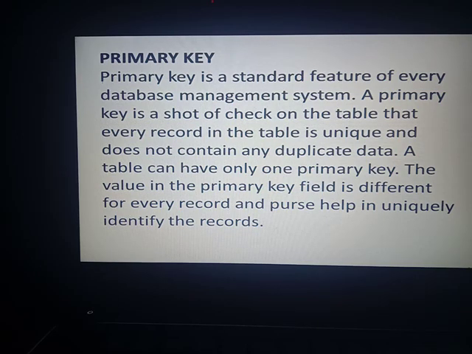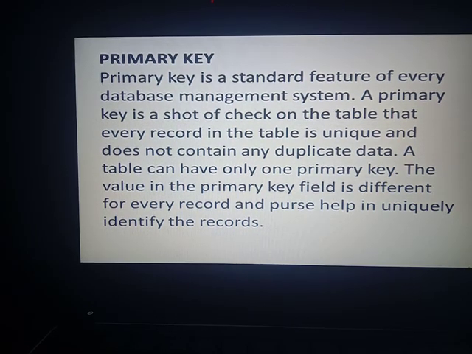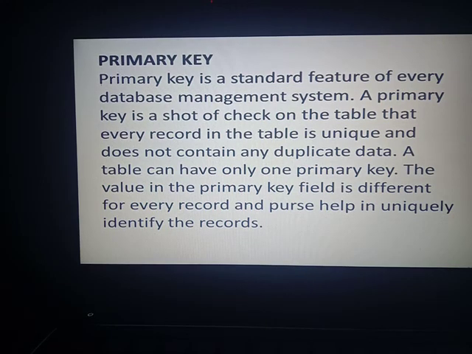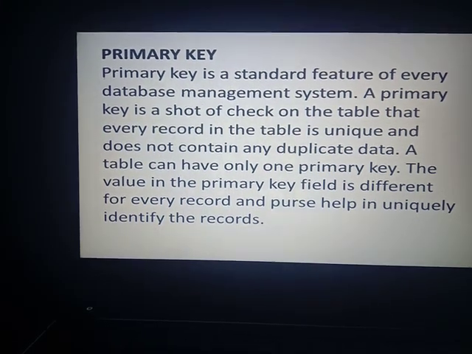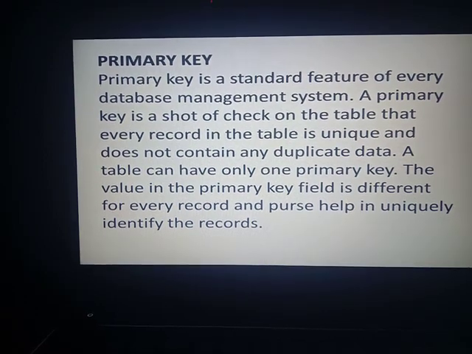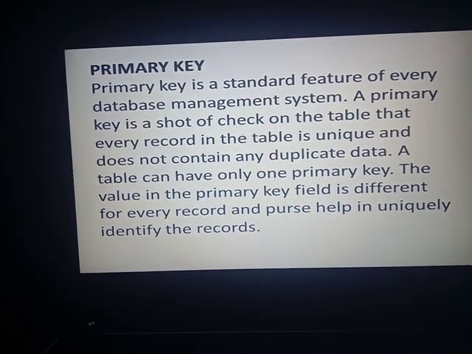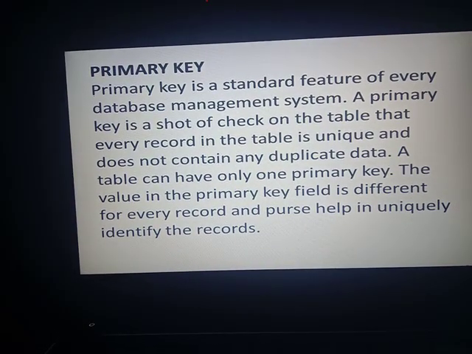There will never be two 5s or two 6s. Similarly, with your class roll number, two students can never have a single roll number. So primary key is a way in a table to find unique data that cannot be duplicate data, that particular data will be only a single one.